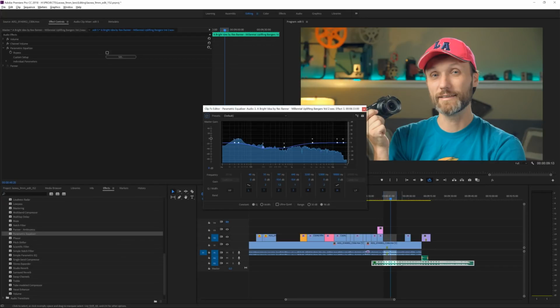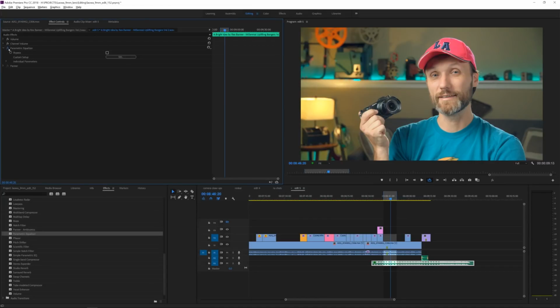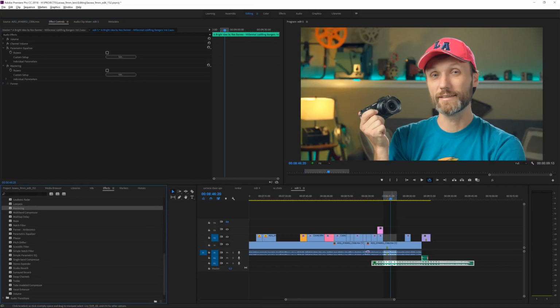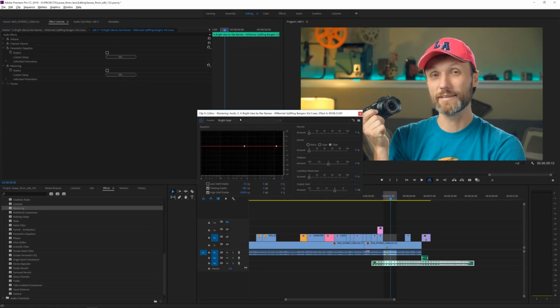So that's another effect. Now, if you want to do this quickly and you're in Premiere, then you can even do it without using the parametric equalizer. Here, I'm going to turn it off. You can apply what they have as an effect called mastering. Just drag it here. And they even have a preset for it. So if I go to edit, right here, I can go to make room for vocals.